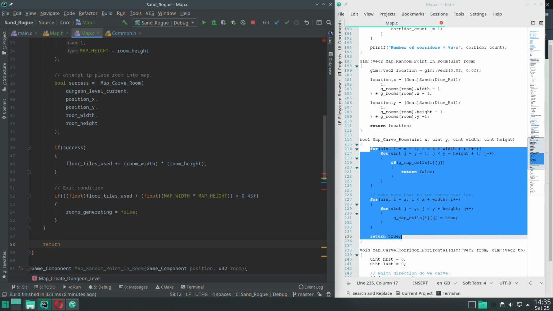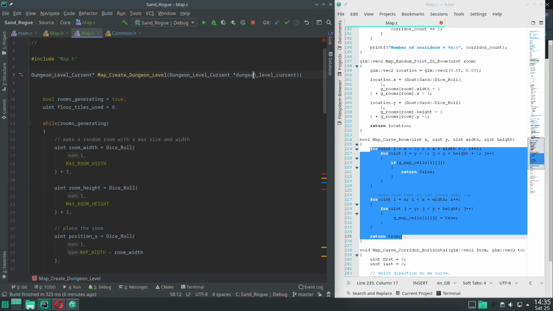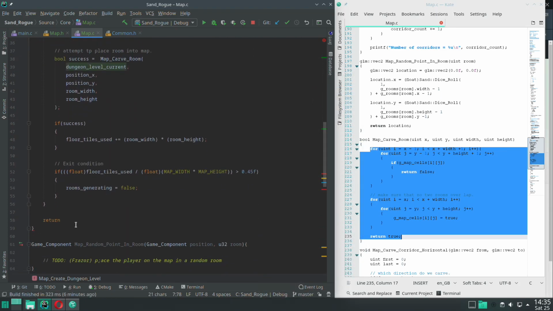We have to return our whatever it is thing at the top. So let's do that. That's the first thing we have to do. And it's a pointer. So back here in main,